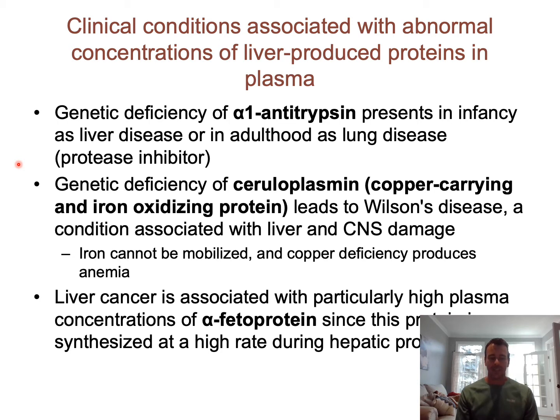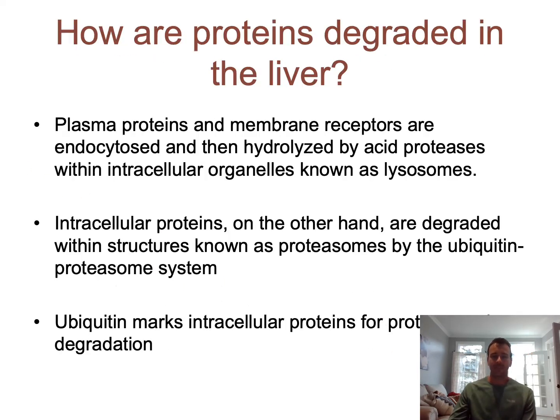Liver cancer can be associated with a particularly high plasma concentration of alpha-fetoprotein. This is because this protein is synthesized at a high rate during liver cell proliferation. That was a little bit about proteins